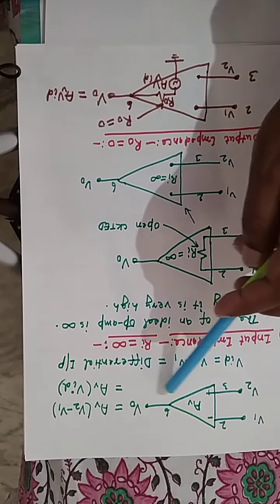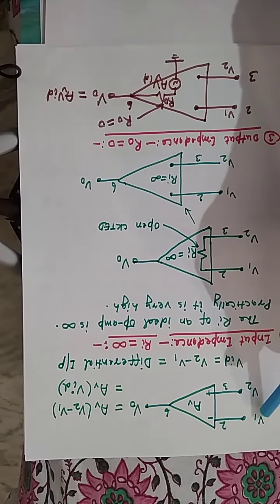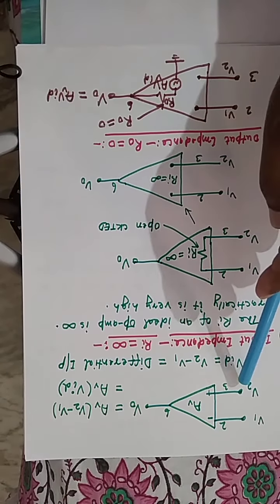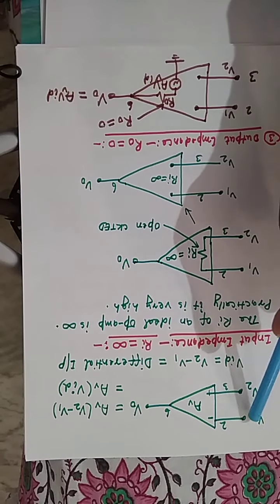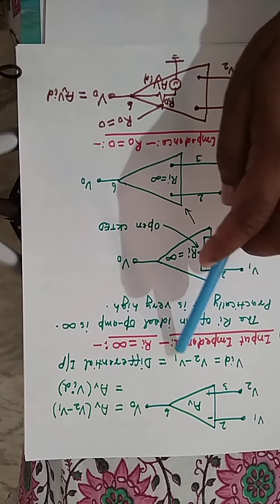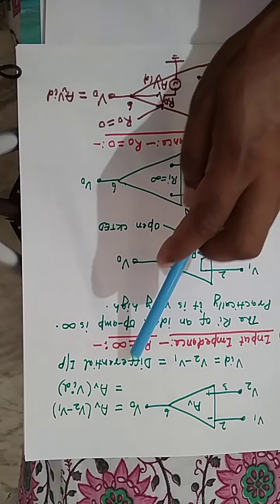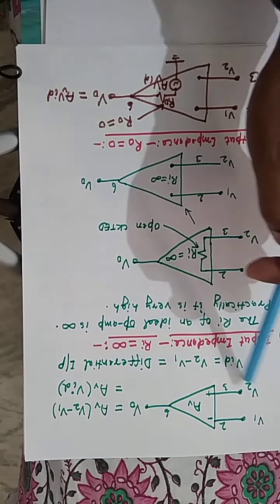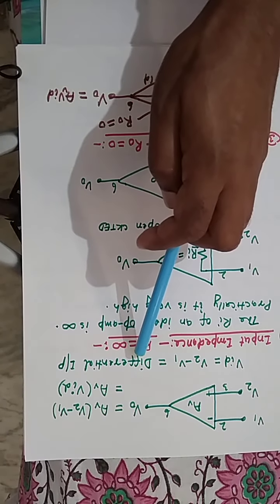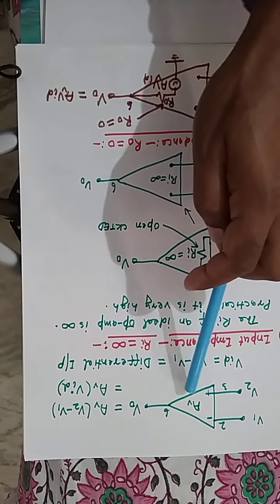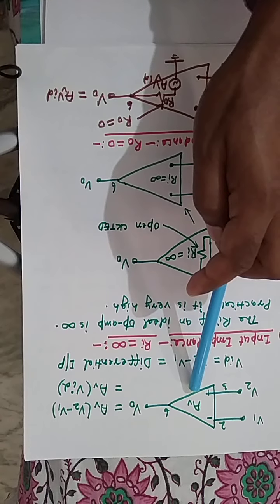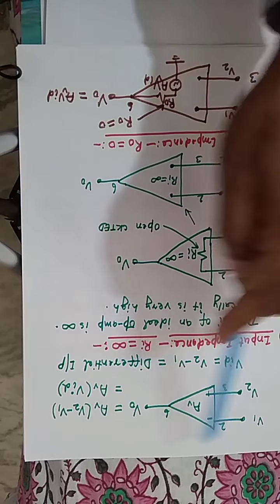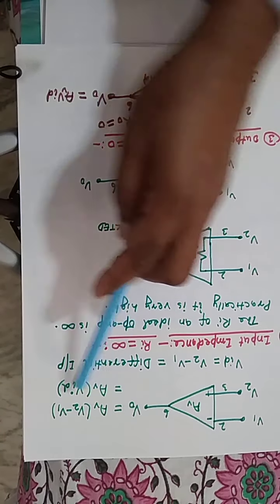Now this is the circuit symbol of an op-amp. V1 is the inverting input and V2 is the non-inverting input. The resultant input is V2 minus V1, because the minus input is this one. V2 minus V1 is called the differential input. You can also call it the resultant input, but we commonly call it the differential input. And AV is called the voltage gain. AV is the voltage gain of this op-amp. This op-amp is in open loop configuration because there is no feedback. Now the overall output voltage is AV into (V2 minus V1).